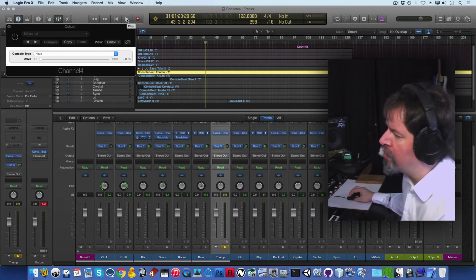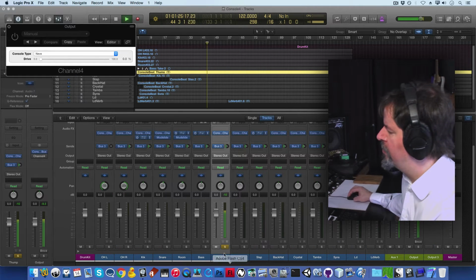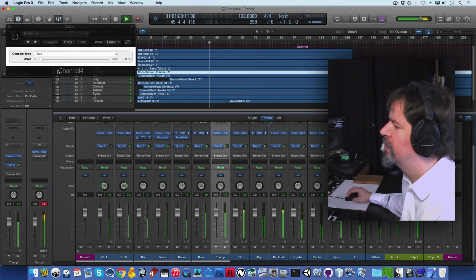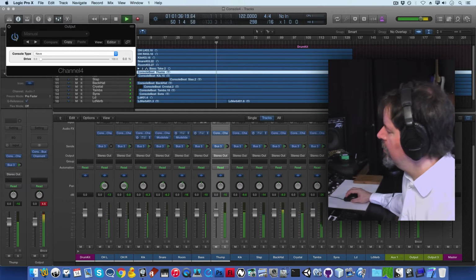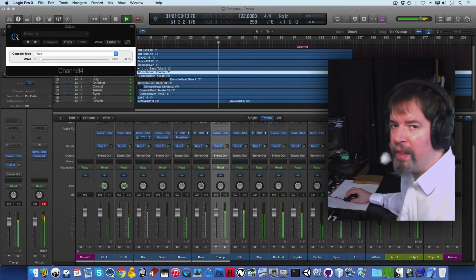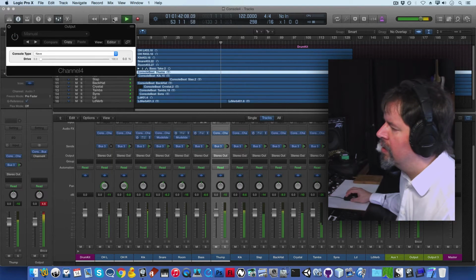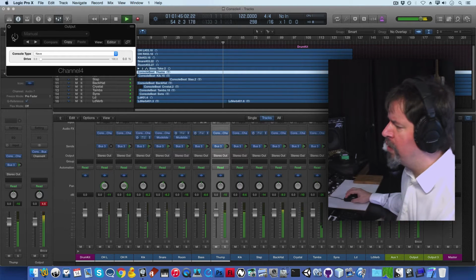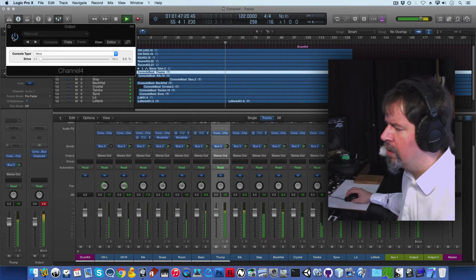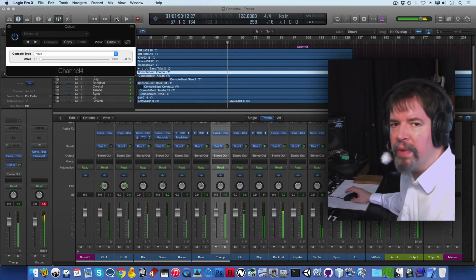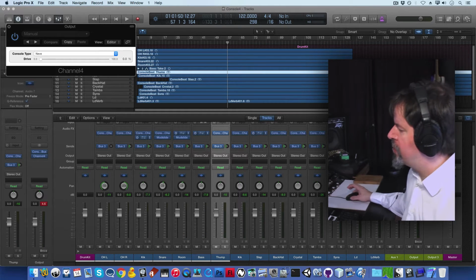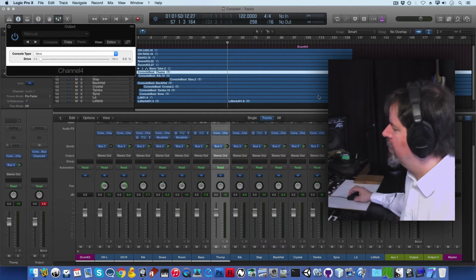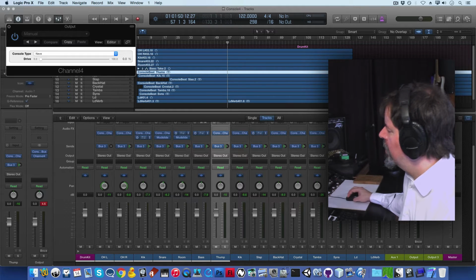Listen to the extreme high frequencies after I take it off a solo. Now I'll turn it on. And then back off. There's some extra highs when it's off, and then when you turn it back on, it's kind of glued together in a special way. This is not obvious, it's subtle, but I've just demonstrated with the white noise that it is happening. And lastly, if you found that